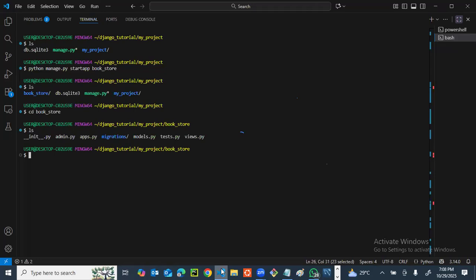For models, I have emphasized models earlier, but just for a quick recap, this is where we can write all our database logic. This is where Django handles anything relating to the database for us, so we don't need to manually define our data schema. It uses something known as ORM for this handling, and it does it by connecting with what we know as